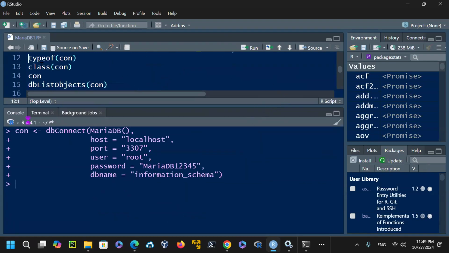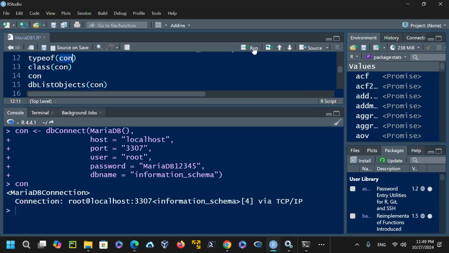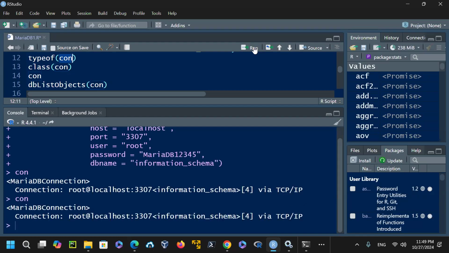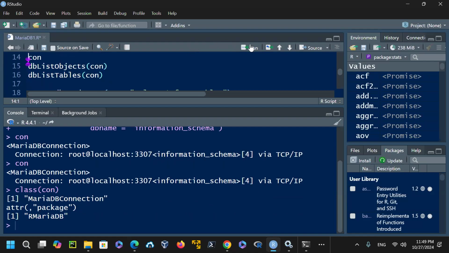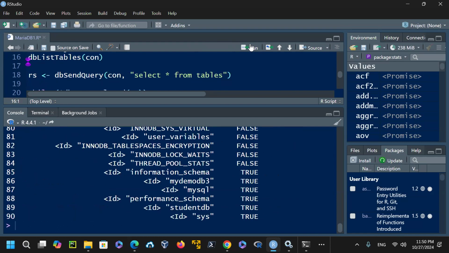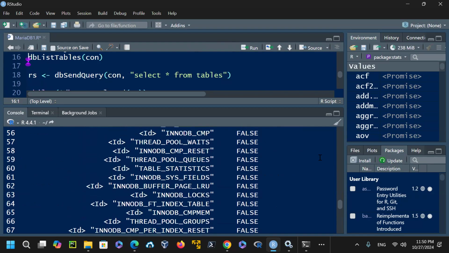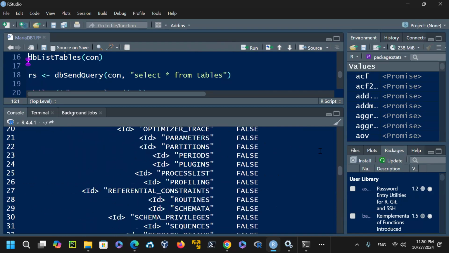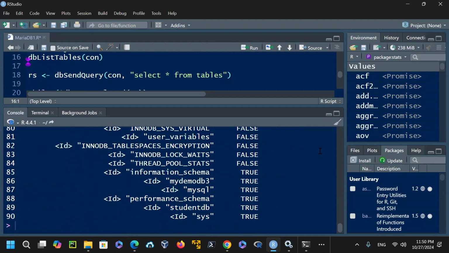So I'll type the first one, the con is there. Now you say, okay, connection is established. Give me the type of it. It tells you that it's a MariaDB connection. Then it says, give me the class of it. It's going to give you the class right here, and then the next statement is con to actually print out the con. DB list object, all the objects of the information schema are listed here. Those are methods that are defined in the